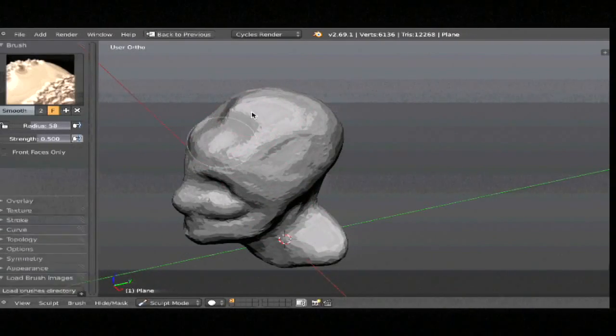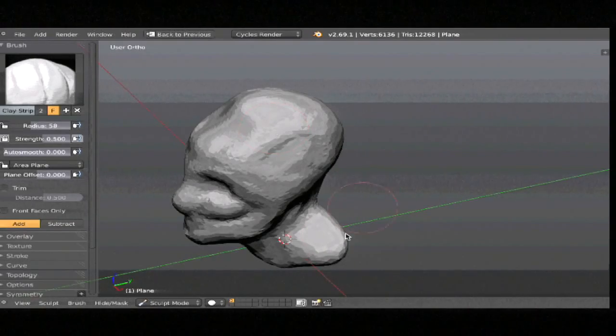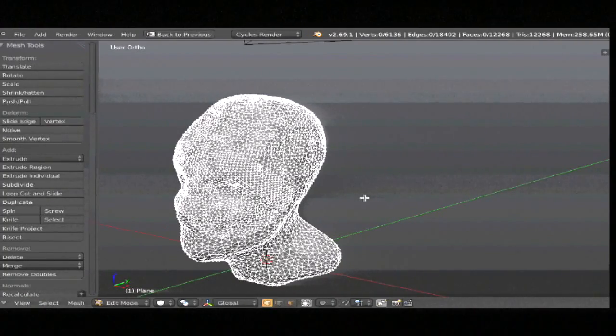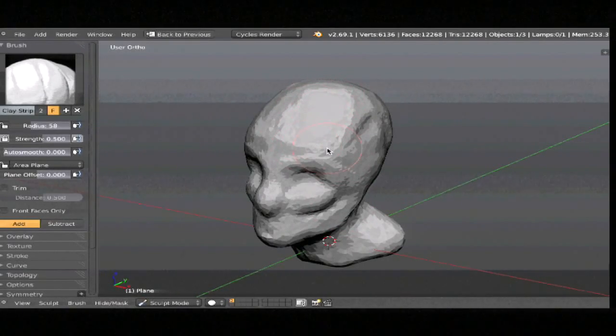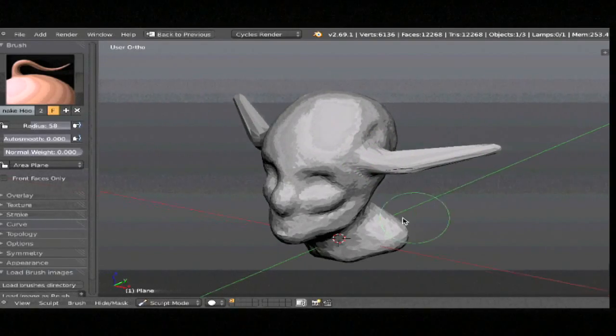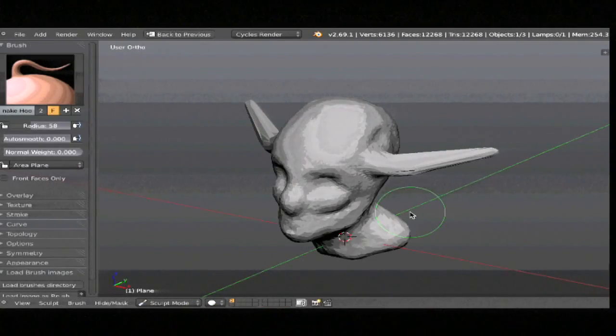Can you quickly switch to edit mode to show them that? Yeah. So when I'm working with dynamic topology like this, I am actually generating new geometry as I go. Every time I pull out a shape like this, that's all new geometry. So it's a destructive process, which is one of the things we're going to start talking about. A lot of us are used to working with modifiers, which are fantastic, they're great. Dynamic topology is not a modifier, and so it's very, very destructive. So if you start thinking of things like making characters for animation,